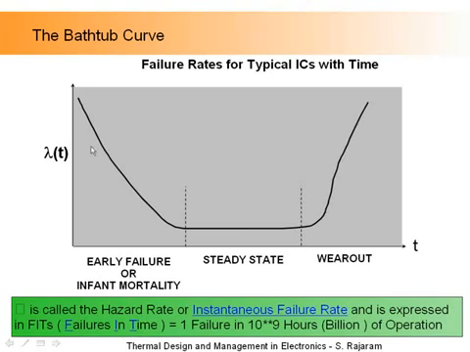So if I were to plot the results, if I were to take thousands of these units and test them, I will find that initially I'll have a high failure rate. Very rapidly that will go down, and I will reach a point at which the failure rate will no longer change. It will remain fairly low and constant. And then over an extended period of time, once again the failure rate will go up, and it will go up in an exponentially increasing manner. This is exponentially decreasing, this is constant, and this is exponentially increasing. So this curve, as you can see, has 3 distinct regions.